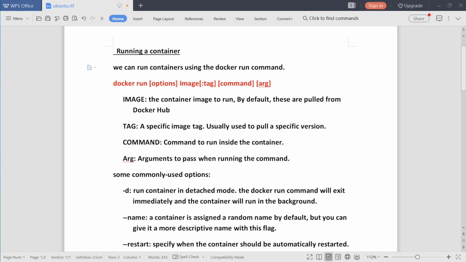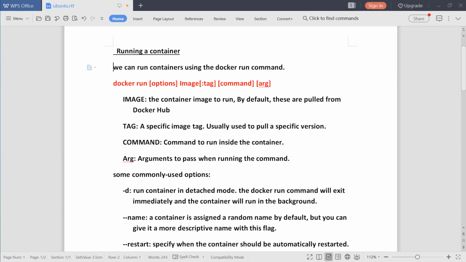Commands and arguments are used in our daily life in Linux. If you have Linux knowledge, you may know these commands and arguments; both we can provide with the Docker command. I will show later how to provide command arguments, image tags, everything in this video.